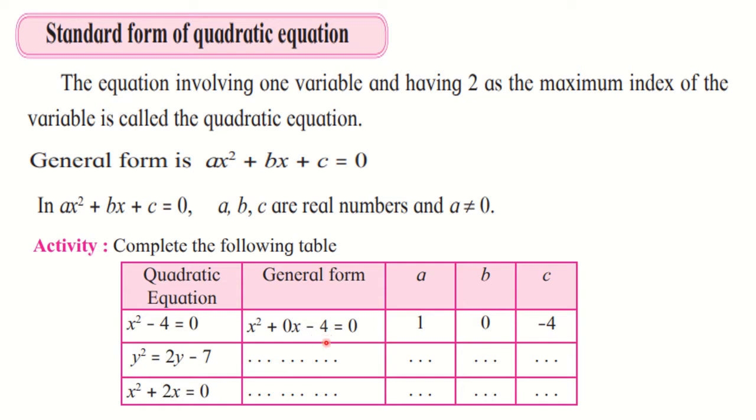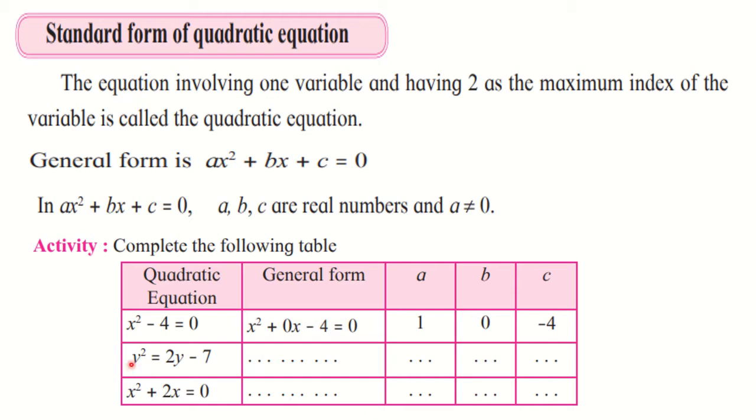If you have a negative sign, you have to write the value by using that sign also. For a positive sign, it is not compulsory to write, because when we don't write a sign, we consider it as positive. But if the negative sign is present, you must write it. Okay. So the value of C here is minus 4.